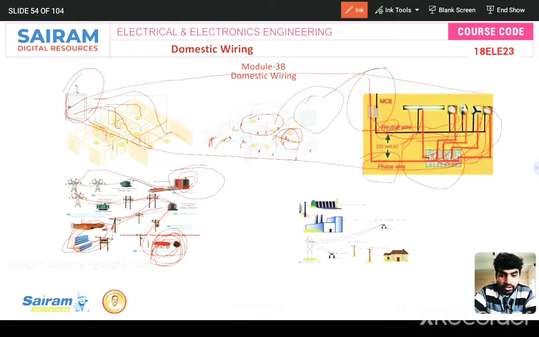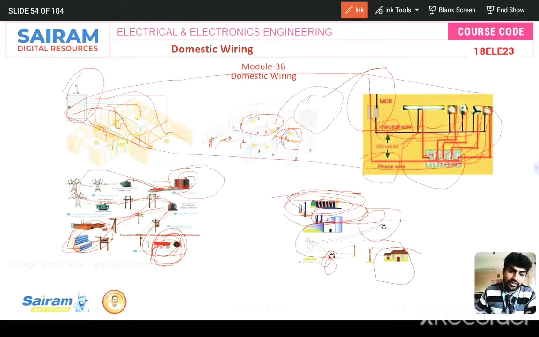Here are the same renewable energy sources like wind power plant and hydel power plants, and here any thermal power plant. Renewable or non-renewable, anything is fine. After that we have a transformer, then a distribution transformer over here, and this is our home, or I can consider this our college. It comes from Anekal substation to Goodnalli to the backside of our college gate, and after that we utilize the power supply, right?